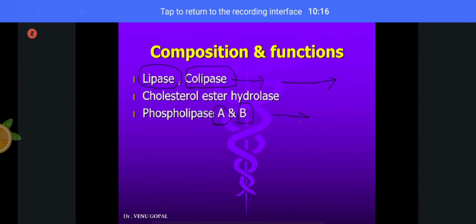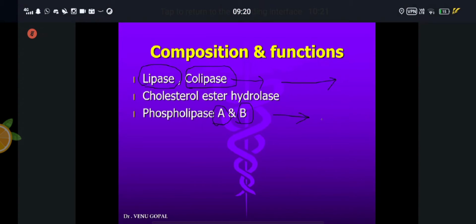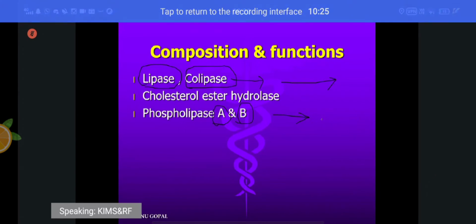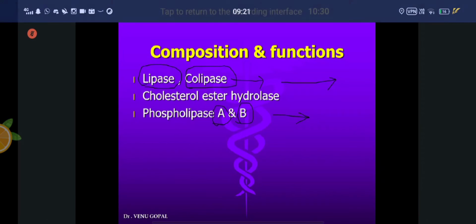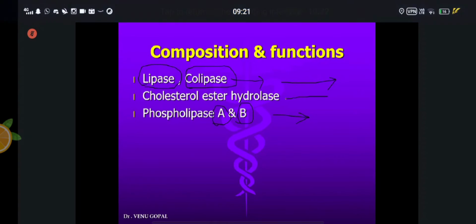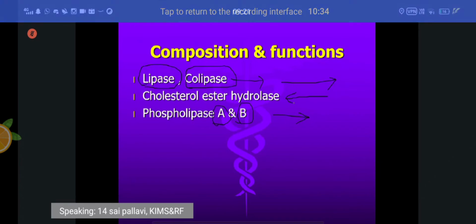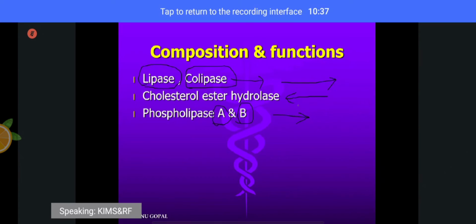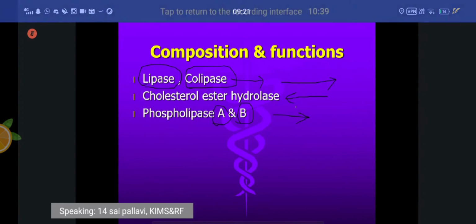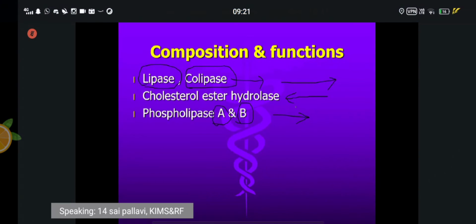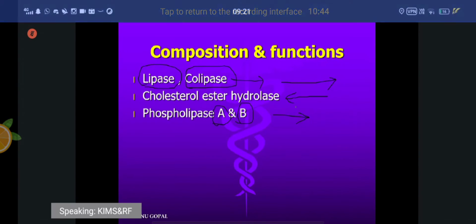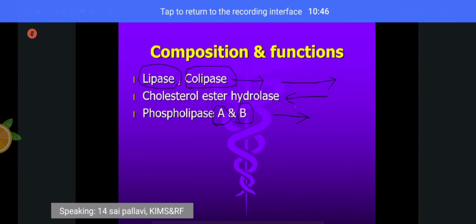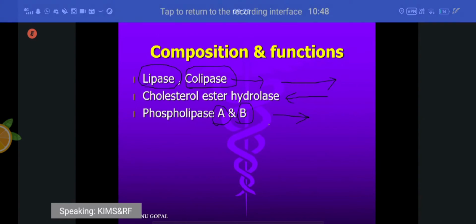So, every part of the cell is digested because the protein tissue is muscle tissue. Muscle cell contains cell membrane. Cell membrane contains phospholipids as well as cholesterol. To digest the cholesterol part, we have cholesterol ester hydrolase. This is the third part, I think so. So that we can effectively digest every part of your chicken piece or mutton piece. It contains a muscle tissue of that animal or the bird that includes all these components.